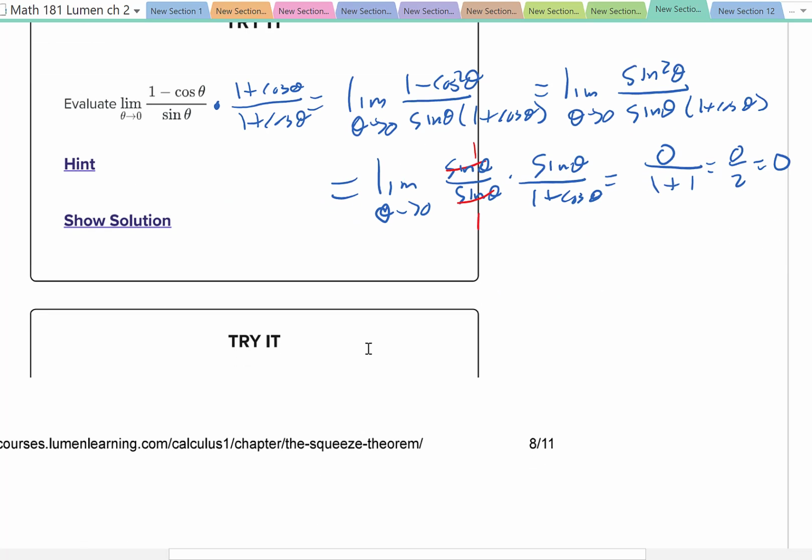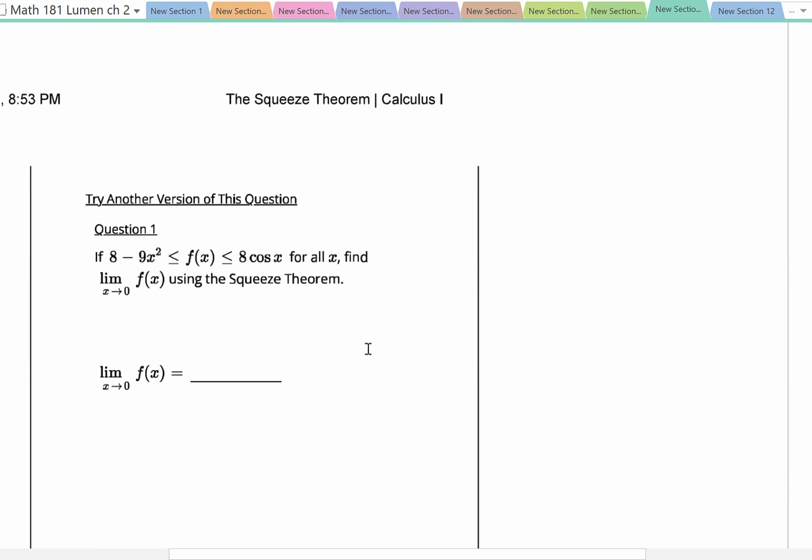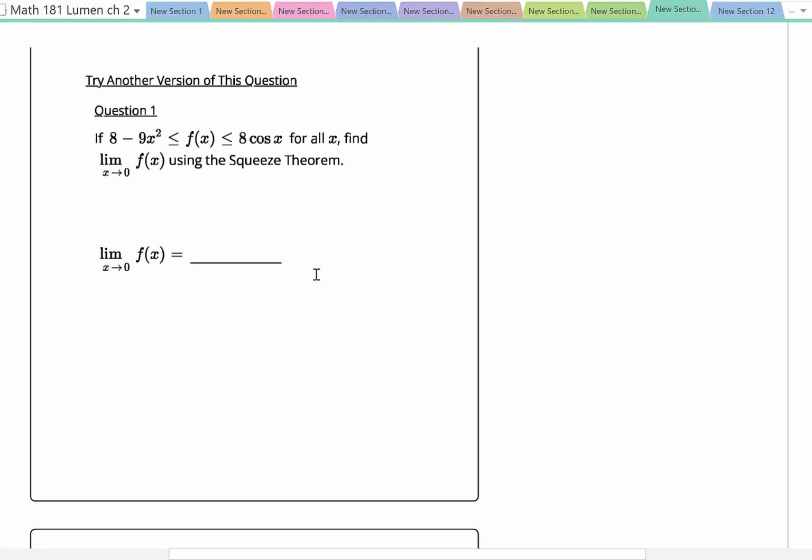Looks like we have one more to look at. It says if 8 minus 9x squared is less than f of x, which is less than 8 times cosine of x, find the limit of f of x using the squeeze theorem. So for this, I would take the limit